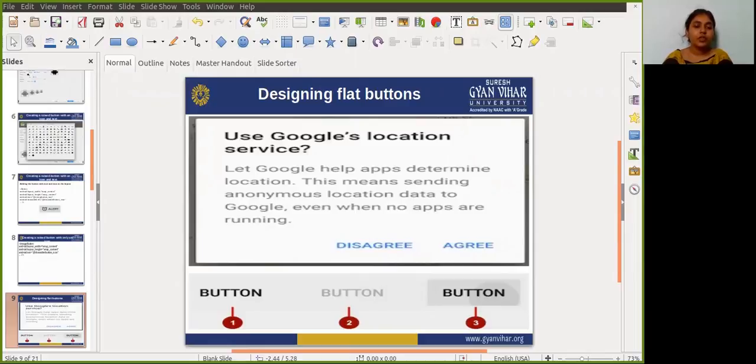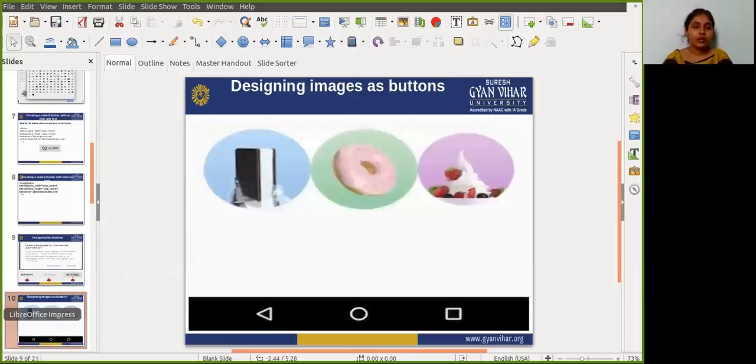If you use the flat button within a layout, be sure to use padding to set it off from the surrounding text so that the user can easily see it. To create a flat button, just use the Button class, add the button to your XML layout, and apply some attributes. Okay.